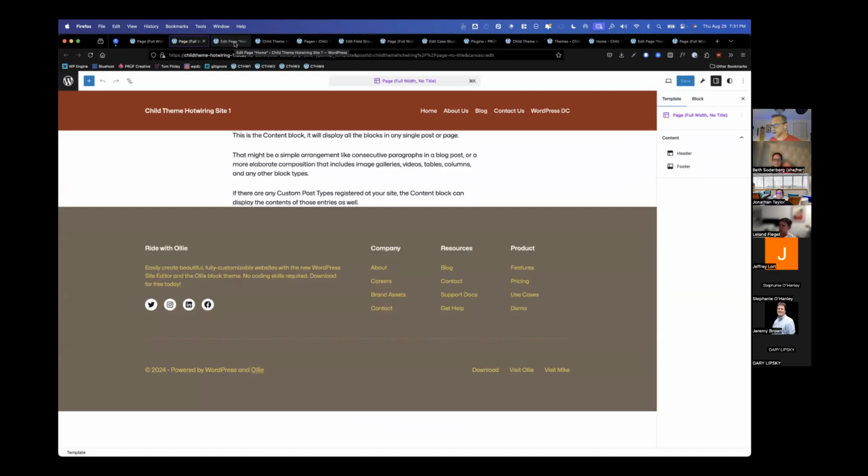And then I'm going to show you how to actually make this child theme work for a different base theme. It's probably going to look ugly, but essentially I'm just going to show you how to port it over. So let's take a look so that you can see what's going on behind the curtain.